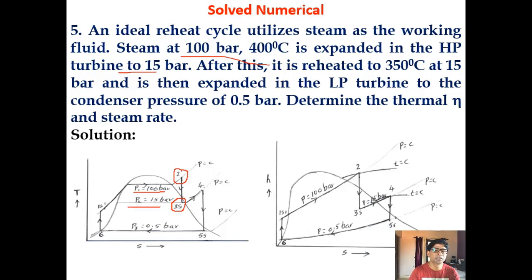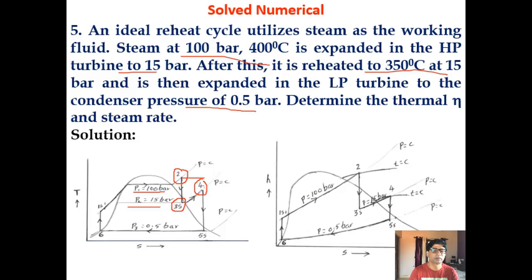So at this pressure it is reheated to point 4, to a temperature of 350 degrees Celsius. That is why point 4 is drawn below 2. If they were reheated to the same temperature, 2 and 4 would have been on the same line. Now there is a 50 degree difference, so that is why point 4 is below point 2. And point 4 is the entry point to the LP turbine where it is expanded to the condenser pressure